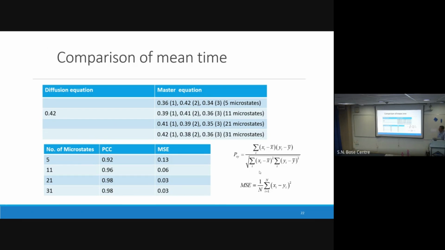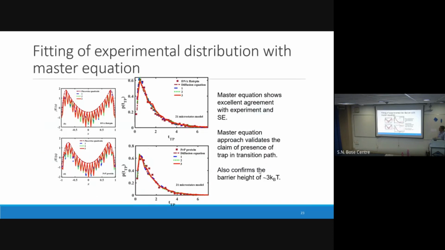So that means 21 microstates is sufficient to explain the diffusive dynamics, or the continuum behavior. The mean square error also shows similar behavior and goes towards 0 for 21 microstates. Then we compare with a similar model with a barrier, a well inside a barrier, with a piecewise quadratic behavior, and we compare the diffusion or Smoluchowski equation with these master equation models, for different realizations for